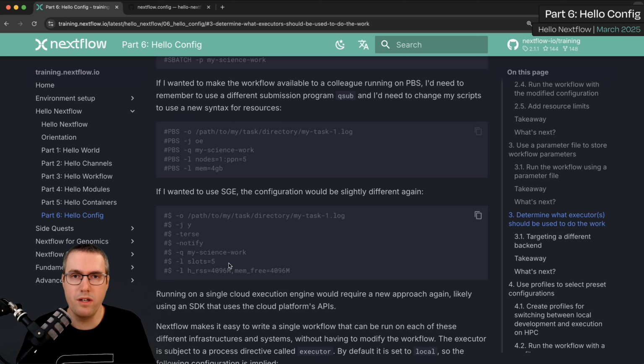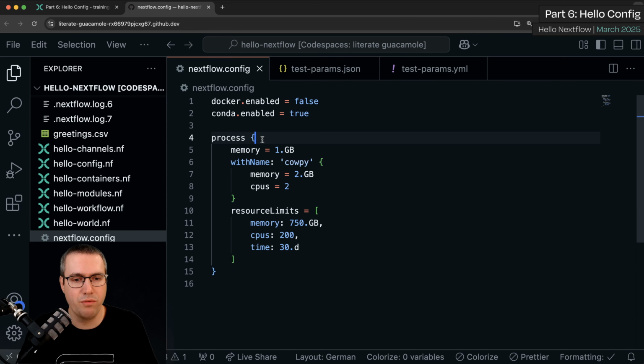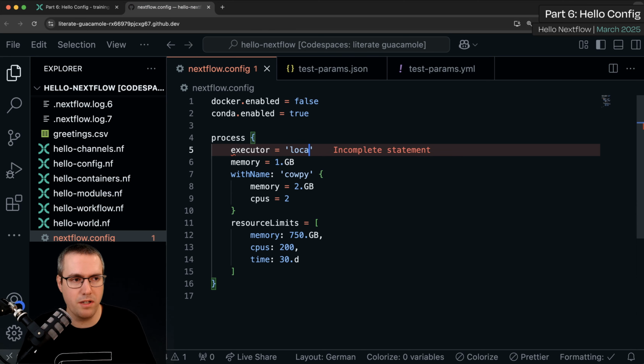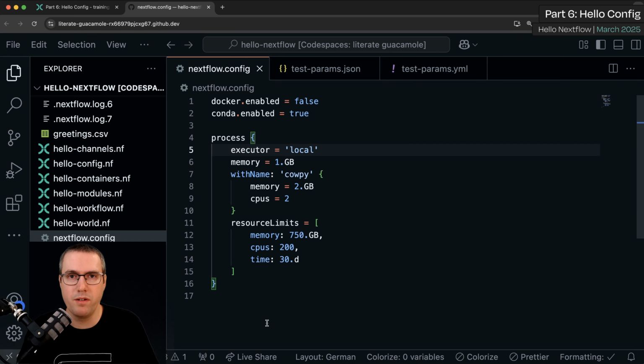The good news is you don't have to know about this. All you have to do is tell Nextflow which executor to use. We go back to our config file. Under process, we do executor, and I'm going to type local. Local is actually the default. If you don't specify any other executor, local is what will be used, and that just means your host system,